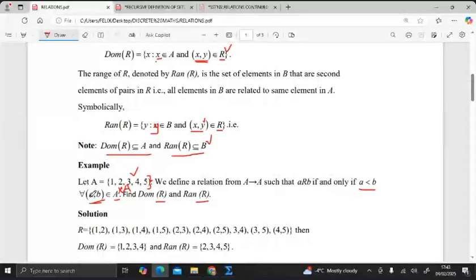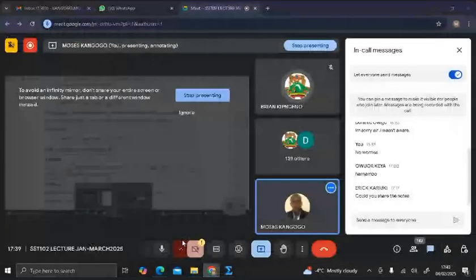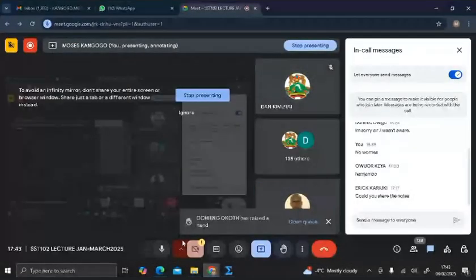So if we're asked to find that, then you see the condition is that whenever you have a pair in A cross A, that pair must consist of elements where the first one must be less than the second one. So if we have both pairs, then